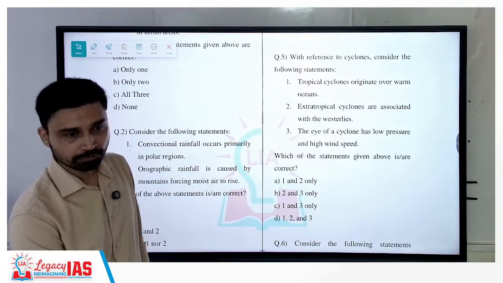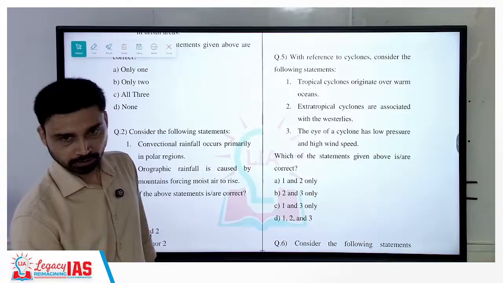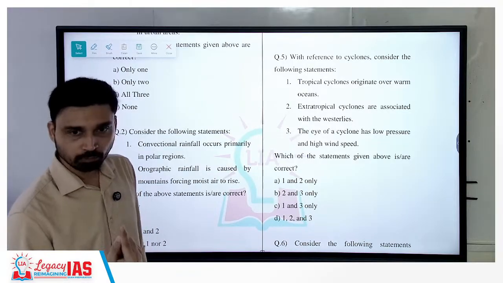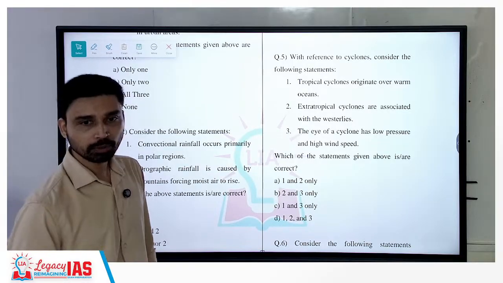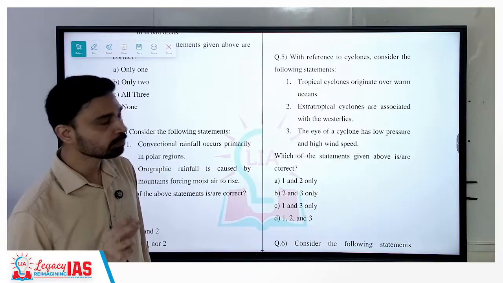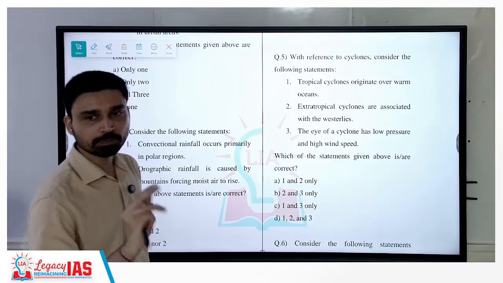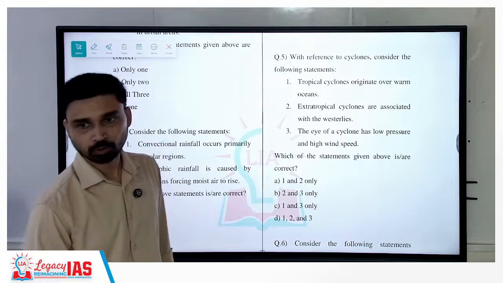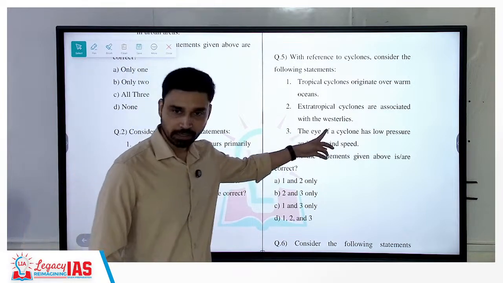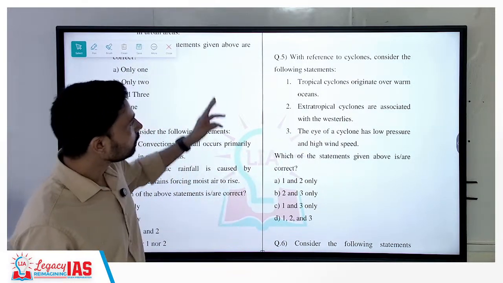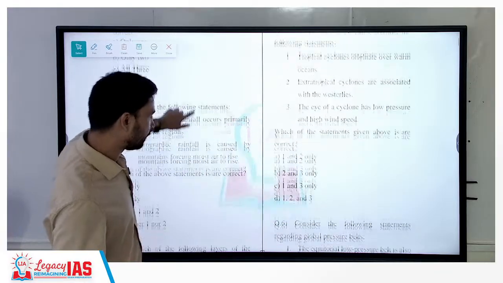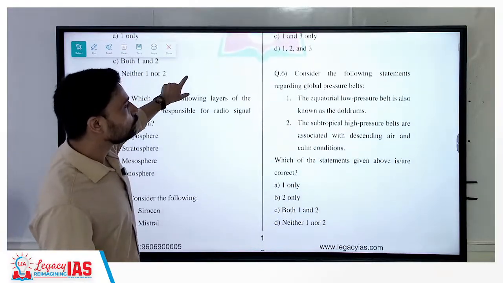Yeah, many of you would have made this mistake because when you talk about the eye, we think that you have wind movement there. But inside the eye, what do you have? Calm zone. Okay. The calmest part. If someone asks you which is the safest part to be in the cyclone, if you are thrown in, what part? Eye. Okay. So which is the correct answer? 1 and 2. A.